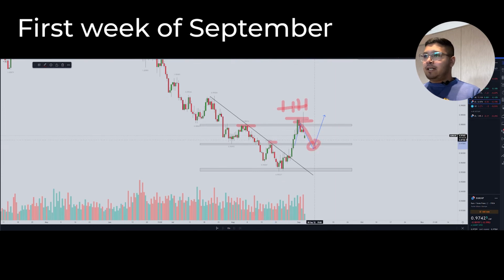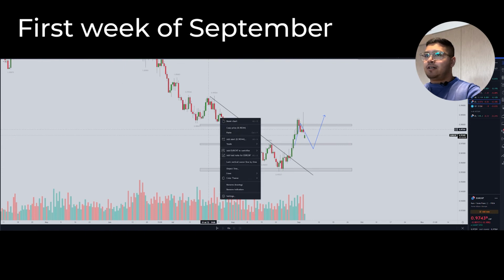I expect it to pull back to this previous level of resistance that I anticipate will act as support around 0.9700 to go long again, targeting 0.9800, not 0.900, targeting 0.9824. So if I mark this out for you guys,